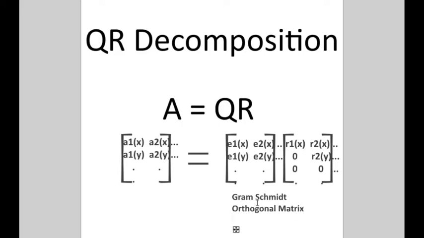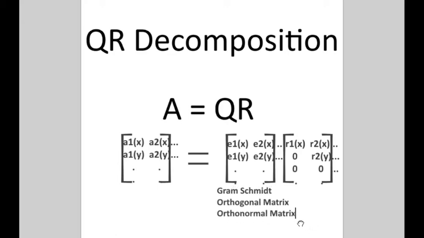To be more specific, it is actually the orthonormal matrix. We just want to make sure that the norm of the vectors equals 1, so they're unit vectors. Q in this case is the orthonormal matrix we get from the Gram-Schmidt process, and R is actually an